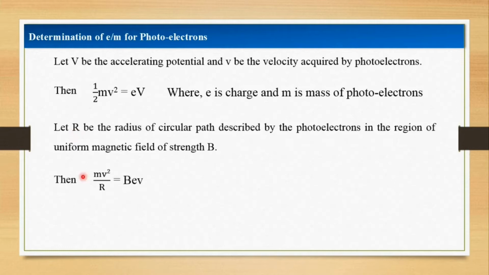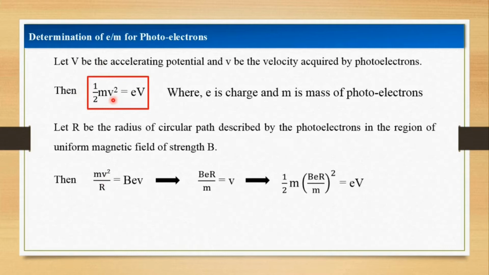So we can write mv²/r equal to Bev. Rearranging this equation, we can calculate the value of the velocity acquired by the photoparticles as v equal to Ber/m. Putting this value of the velocity in this equation, we can write